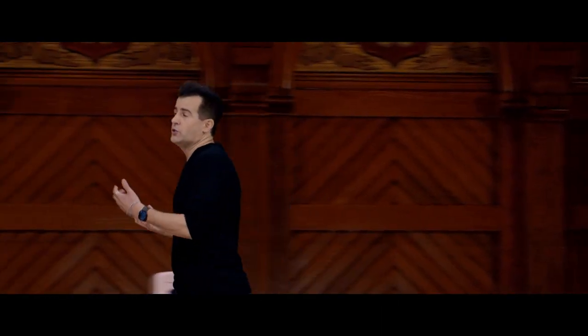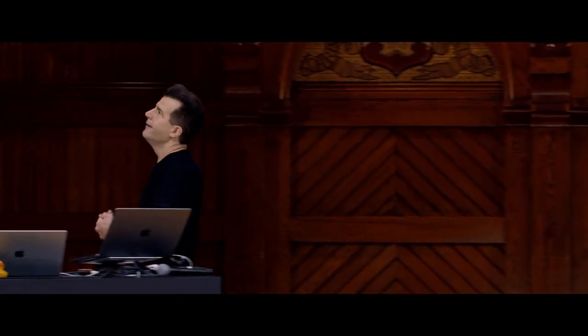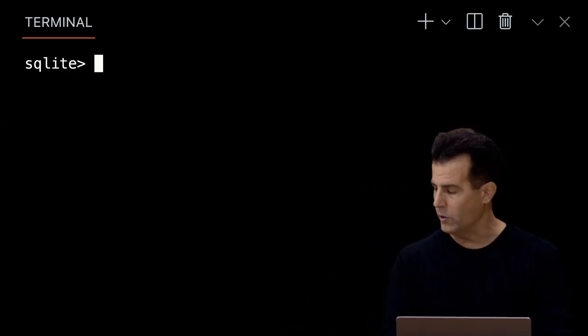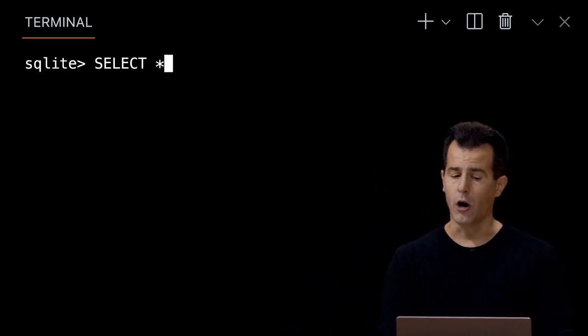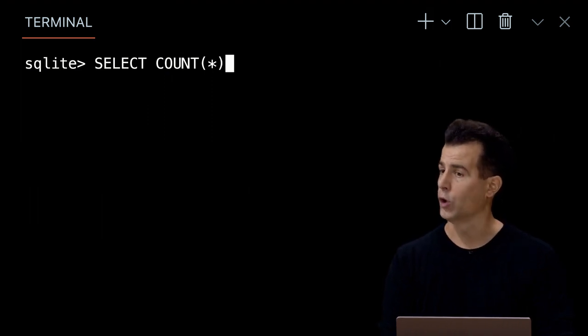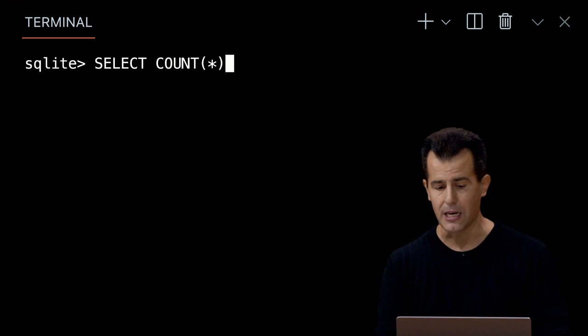Let's start with that. It's a reasonable question to be asked, how many people submitted the Google form by the time I actually downloaded the CSV? Well, why don't we go ahead and do this? Let me go back to VS Code here in my terminal window. Let me select not star, but the count of star. So give me the count of the rows that are being returned from the database table called